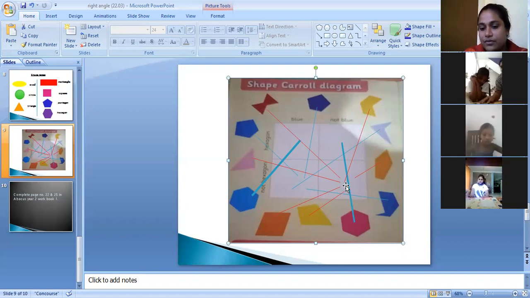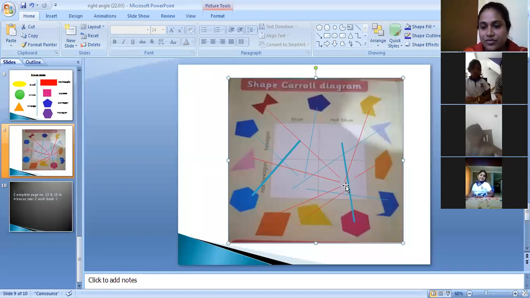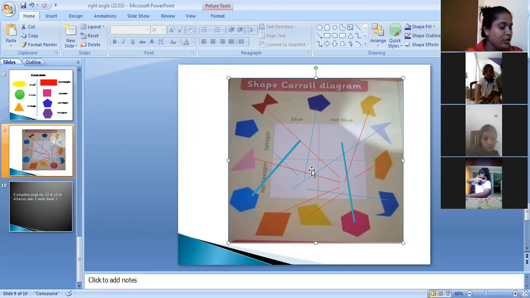Are you okay? Yes, teacher. Okay. Now do this alone, right? And also turn to the next page, page number 25. There you also have an activity, something similar to this. You have to do this alone, right? Don't get the help of even your parents.